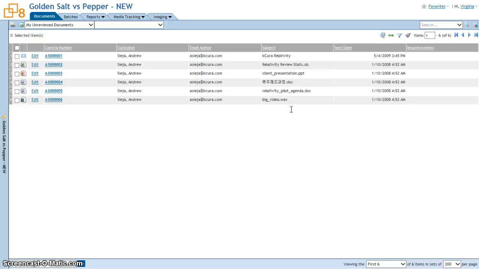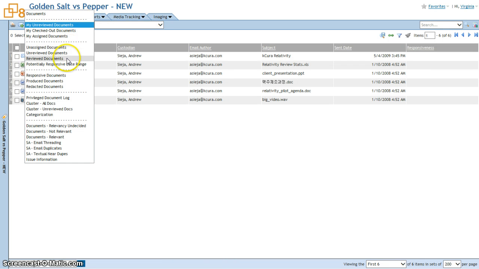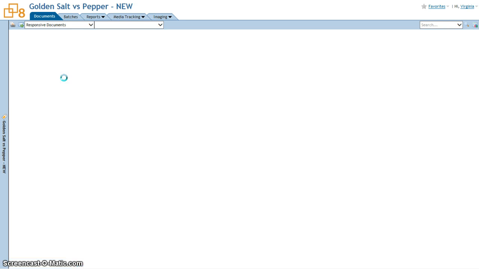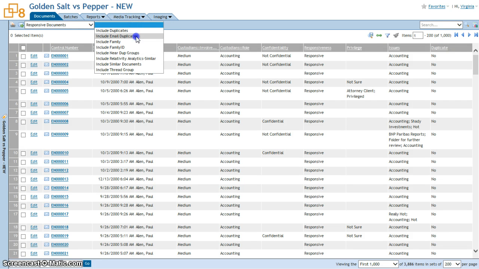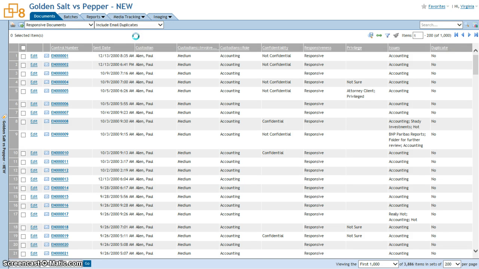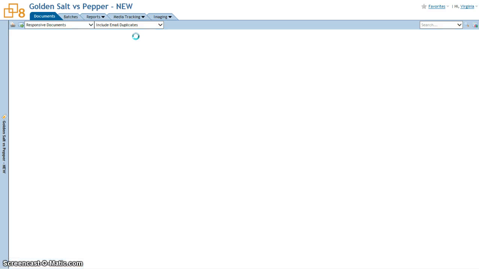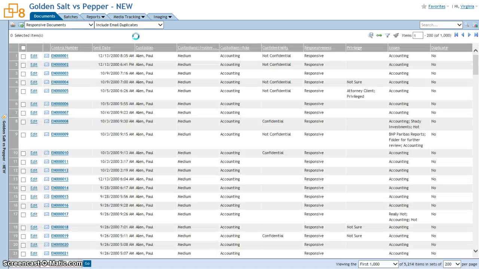A couple of things that we can do with views include this. I have one called responsive documents. It looks like we have about 3,800, 3,900 documents in the system right now. I can actually drop down and include duplicates or family, even if they're not responsive. So in this case, I went ahead and included email duplicates, and you'll see I actually jumped up to 5,200